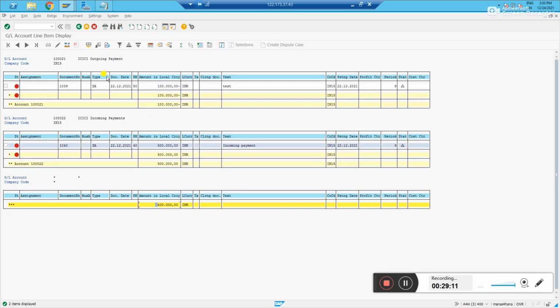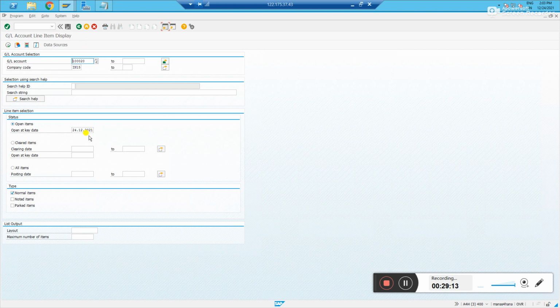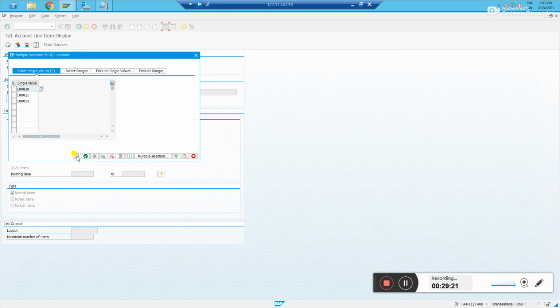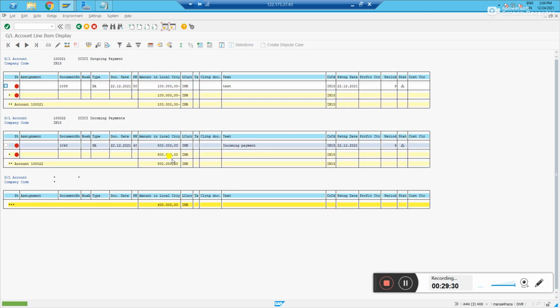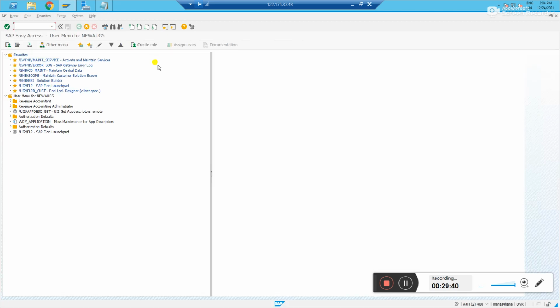To understand whether the reconciliation has happened or not, we have to select all the GLs and for the date we have given 31st. Make sure you have the 3 GLs selected. Now the incoming and outgoing GLs should have a zero balance and the same balance should reflect in the 1,20,000. Let us see. You see, still it has not happened. It means something has gone wrong. As I mentioned before, we'll also understand the error handling process in the BRS. Error handling will be done in transaction FEBA.